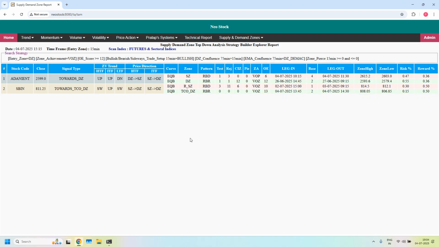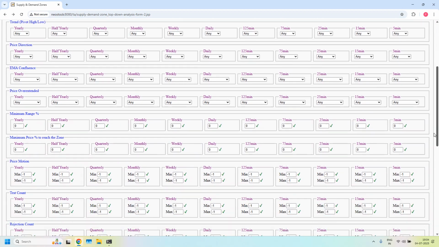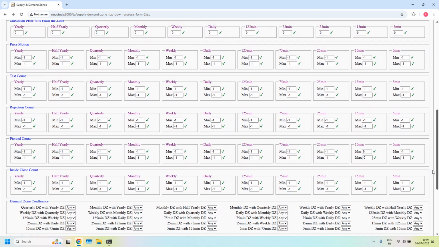Okay. Next we will look into LTF, ITF and even HTF demand zone confluence supported stocks. That is 15 minutes, 75 minutes and daily demand zone confluence supported stocks. Removing ITF EMA filter. In the demand zone confluence, 3 filters we have to set. First filter is already enabled. Next 15 minutes and daily demand zone confluence, 75 minutes and daily demand zone confluence. With all the 3 filters enabled,